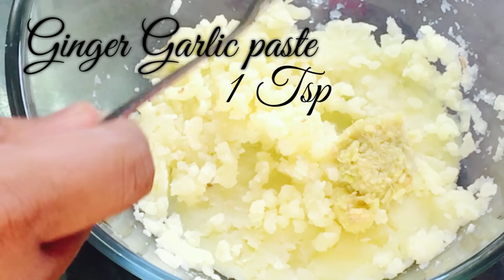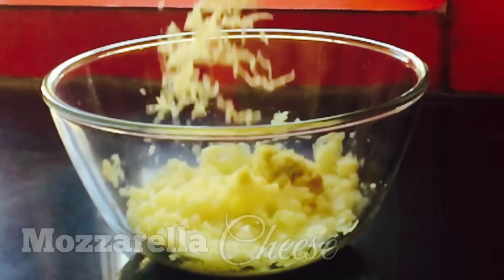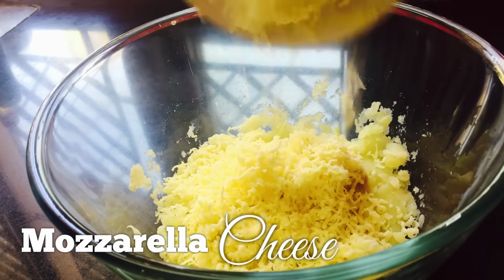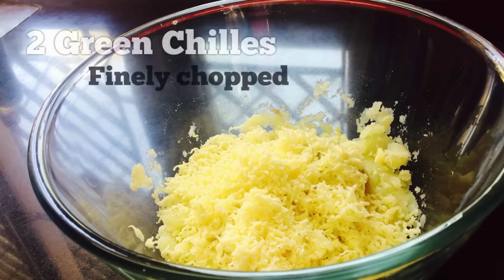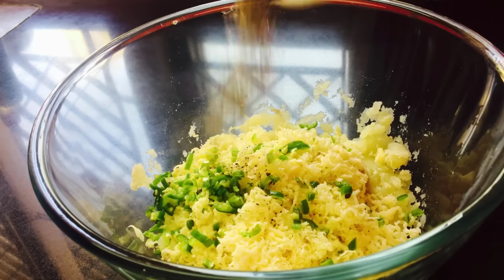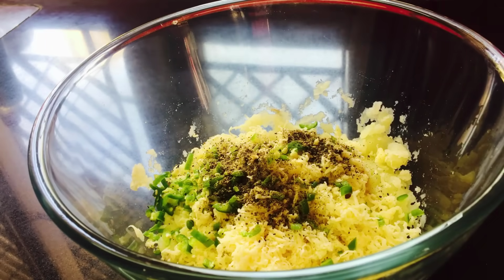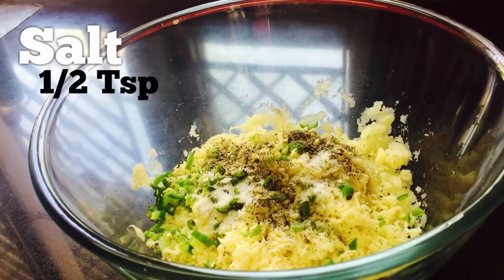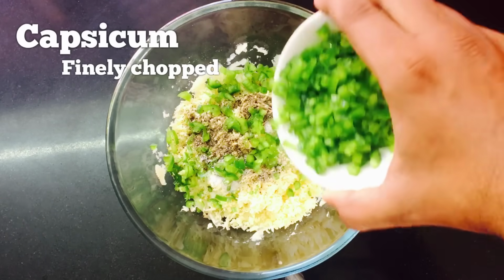Now add 1 teaspoon of ginger garlic paste, 4 tablespoons of grated mozzarella cheese, followed by 2 green chilies finely chopped, a teaspoon of black pepper powder for the spiciness, half teaspoon of salt. Not much salt is required here as cheese already contains some amount of salt,